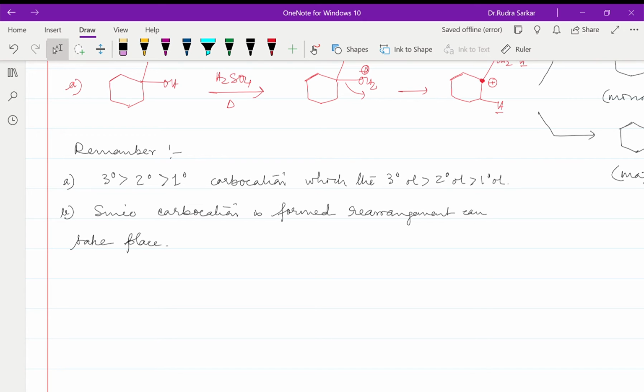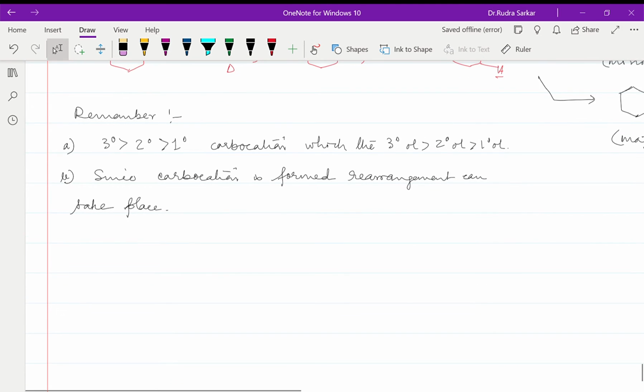Such possibilities are there. Quickly, one should understand, if you take the same alcohol, I mean tertiary butanol,